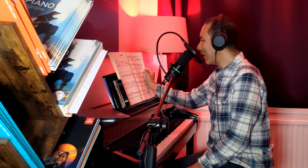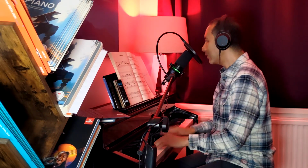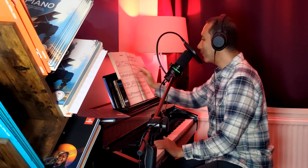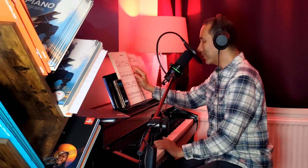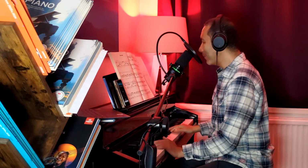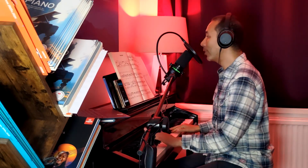Now in bar 11, the way it's written down is taka, taka, taka, taka, taka. But that's not how Rob plays it, and that's not how they play it on the official recording. It's as if, so the B and the E, in the first note of the right hand in bar 11, and hopefully you do have your music open in front of you, instead of going semiquaver, semiquaver, or 16th note, 16th note, it's as if the B and the E are acciaccaturas leading to the C sharp. So it's more like,